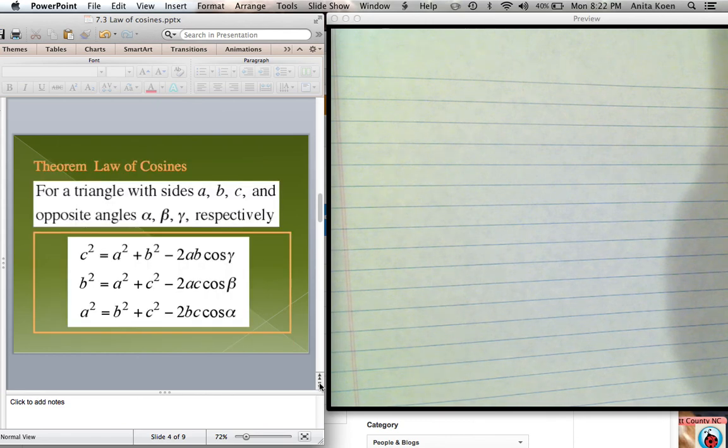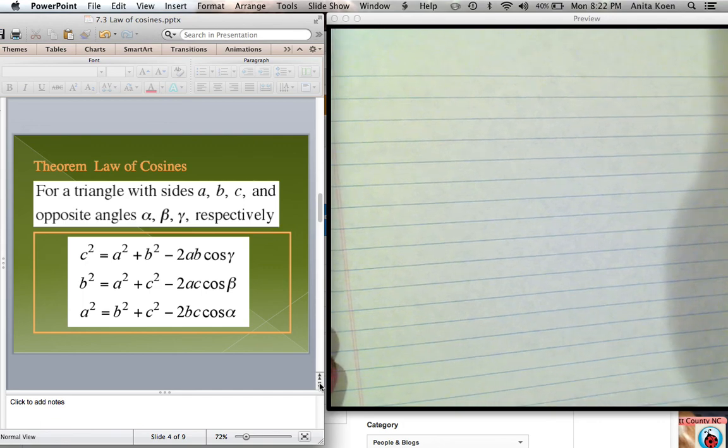The theorem for the law of cosines says that for a triangle with sides a, b, and c and opposite angles alpha, beta, and gamma respectively, then c squared equals a squared plus b squared minus 2ab times the cosine of gamma. And b squared equals a squared plus c squared minus 2ac times the cosine of beta. And a squared equals b squared plus c squared minus 2bc times the cosine of alpha. Now these may look a little bit complicated to start with, but hopefully after I show you the pattern it